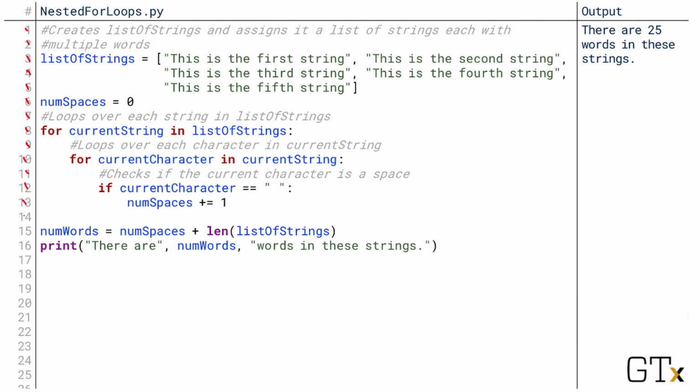But at the end, there's one more detail. Remember, we assume that there's always one more word than the number of spaces we counted because we assume that the last word in the string doesn't end in a space, it just ends with the end of the string. Here that's true for the last word in every individual string. So instead of just adding 1 to our number of spaces, we have to add 1 for every string in